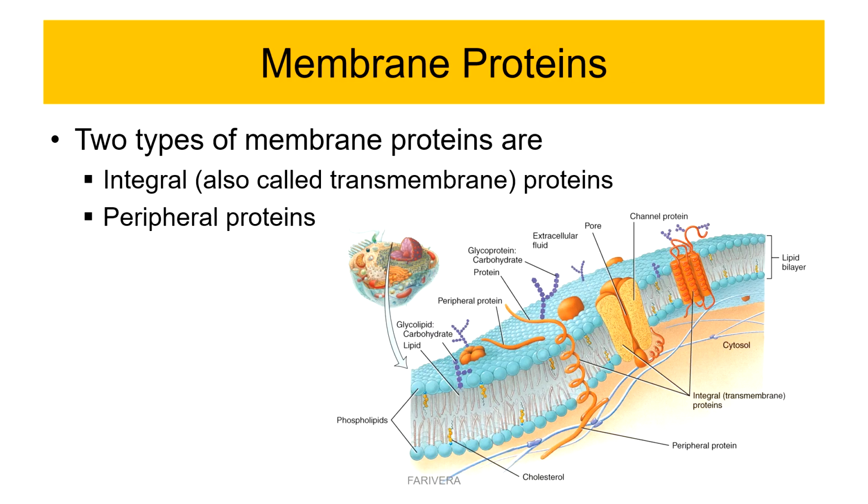Okay, so on this slide, we see two major types of membrane proteins. These are integral proteins and peripheral proteins. Integral proteins are embedded within the membrane. Some of them span the membrane, which is why they are also called transmembrane proteins. Peripheral proteins are associated mainly with the inner or outer surface of the membrane.